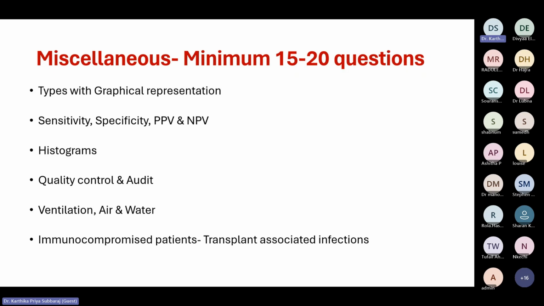Viscard rules is important. And next is ventilation, air and water, a minimum of 3 to 5 questions in every exam. In all the exams you will get ventilation, air, water quality kind of questions. So it will be a minimum of 2 to 3 questions. So you need not waste your entire life reading the HTM document, which I did for the first attempt, and I couldn't remember anything after reading that. That's the horrible thing. It's a huge document, so you will waste a lot of your time.